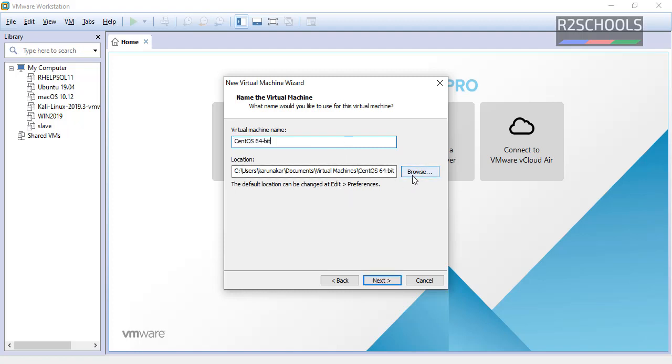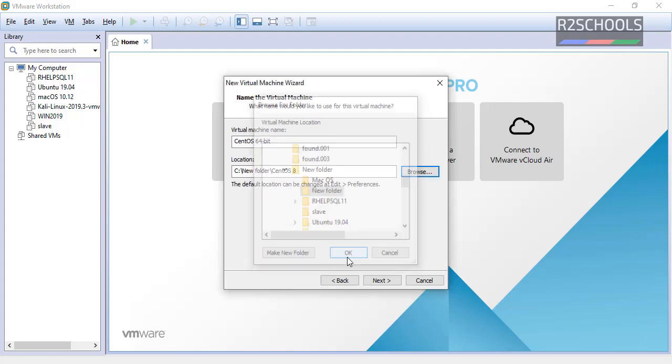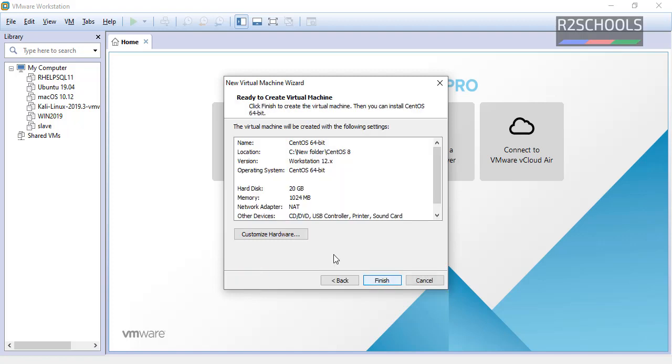Here we have to provide the path to store the virtual machine files. You can store it wherever you have enough space. Now click on next. Here we have to provide the disk size. I am giving it as 20 GB. Now click on next.